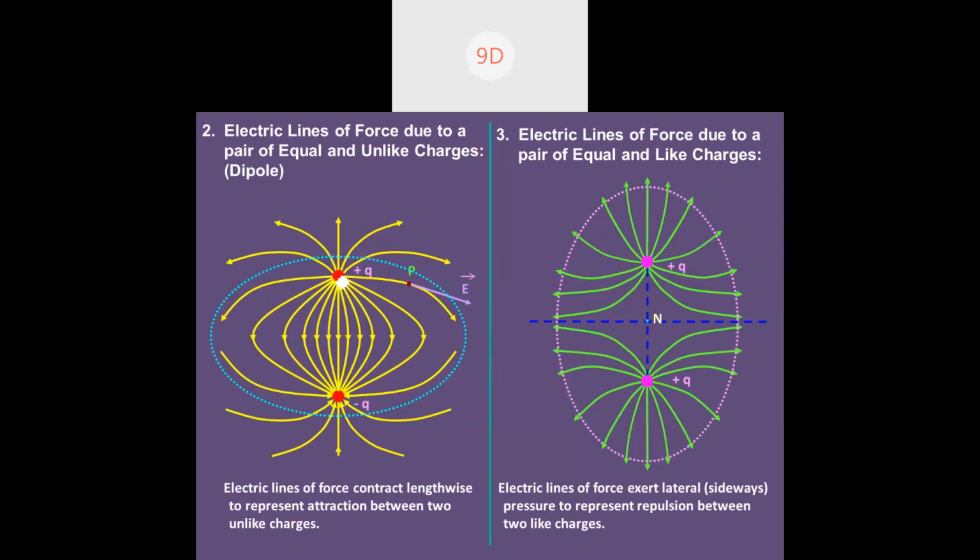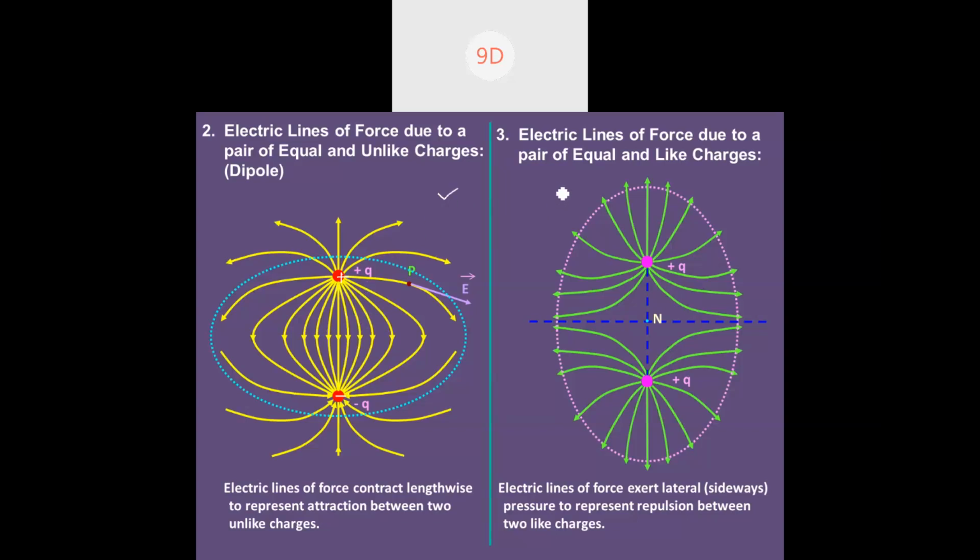Here we have one positive charge and one negative charge. Positive and negative charges are going to be attracting each other. So this is the kind of field line. See, positive is releasing the electric field and it is terminating at the negative, going in this way, going in this way, going in this way. So this is the kind of field that's developed if unlike charges are there.